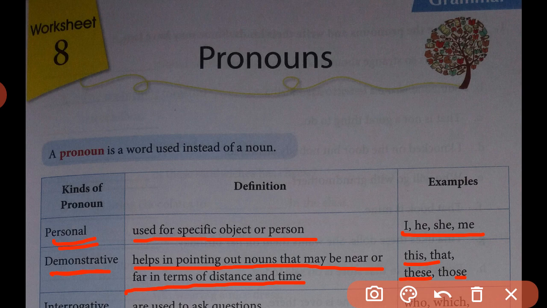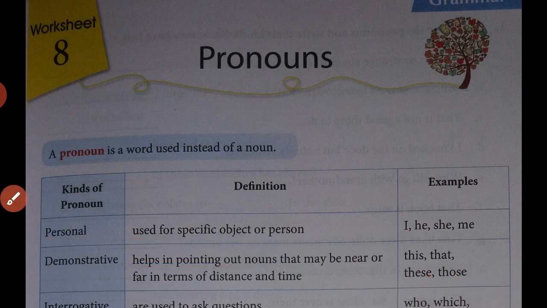In the same way we can use these and those in the same manner. That means they are used for the plural sense. If the things are very near to us, then we can say this or these, whereas if we want to point out things far away, then we use that and those. Let us understand through examples, in the plural sense. These are my books. Here the word these stands for a plural noun as a demonstrative pronoun. Those are their books. Here we point a little far away from the place. That's why we use those as a plural demonstrative pronoun. Is that clear? Now let's move to the next kind of